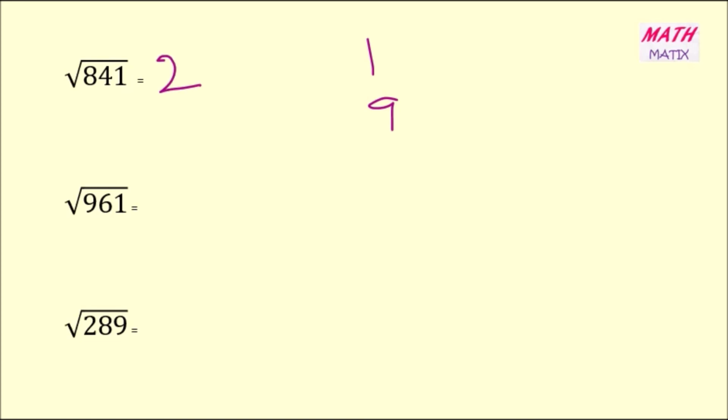Now multiplying 2 into the consecutive number 3, that is 2 3s are 6. Comparing 8 with the number 6, 8 is greater than 6. So I will take the greatest among these two, 1 and 9, that is 29. So the square root of 841 is 29.